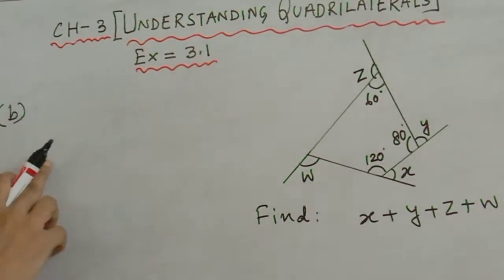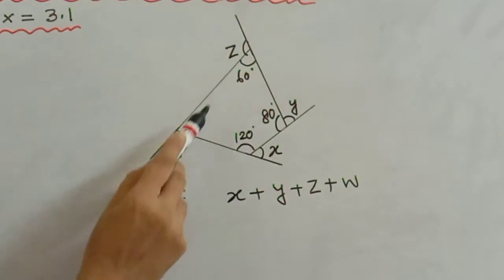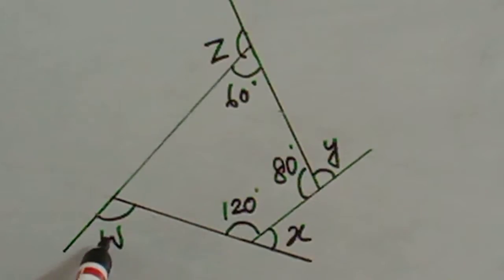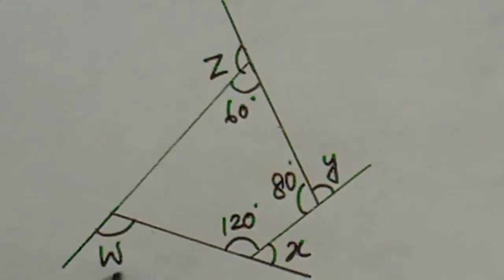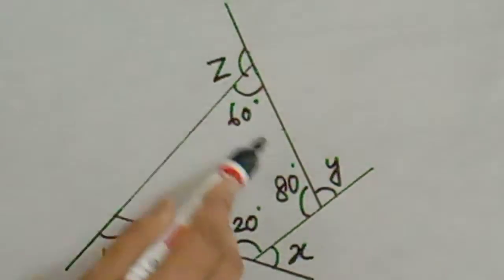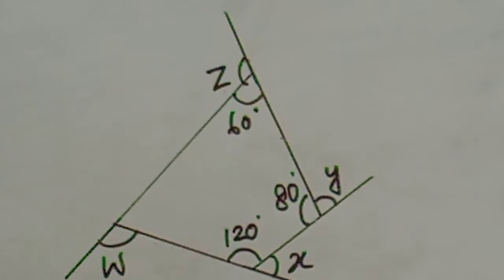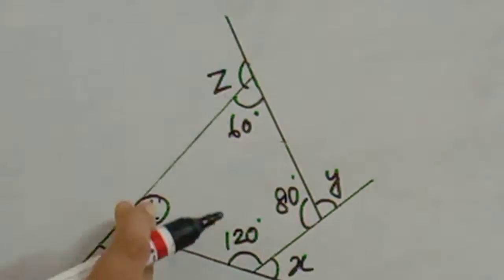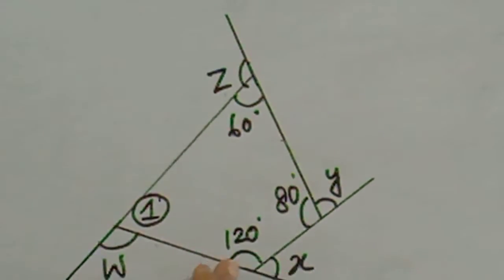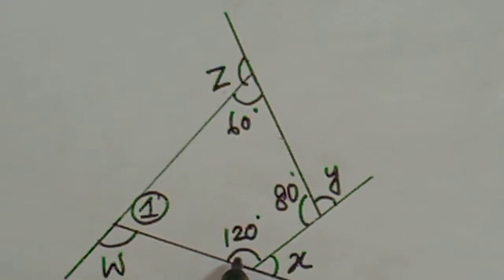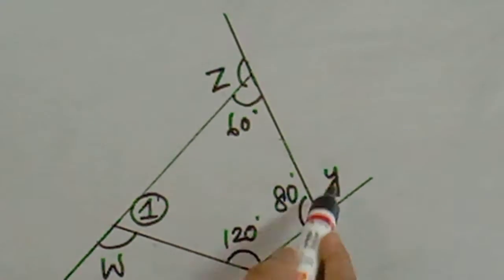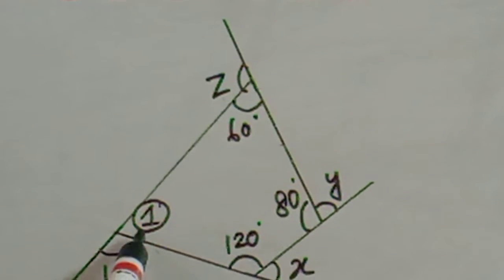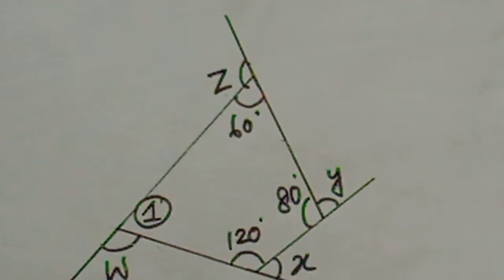Now question number 2. Look at the diagram given here. Here it is a four-sided polygon. Four exterior angles are also there, w, x, y, z. Three interior angles are given. You have to find this angle, mark this angle as 1. By using all the angles, you can find x, y and z using the linear pair concept. To find w, you need to find the angle 1. By using 1, you can find w also.